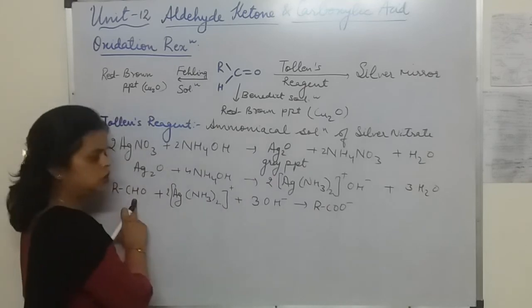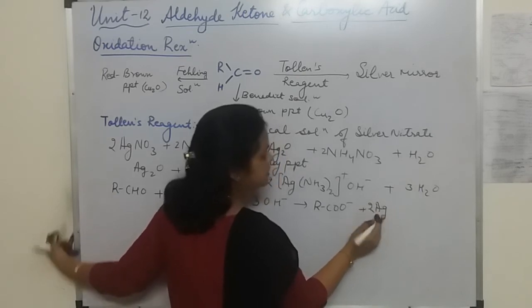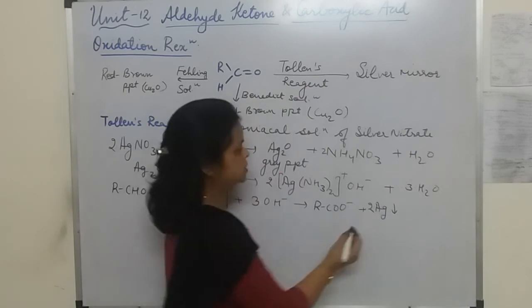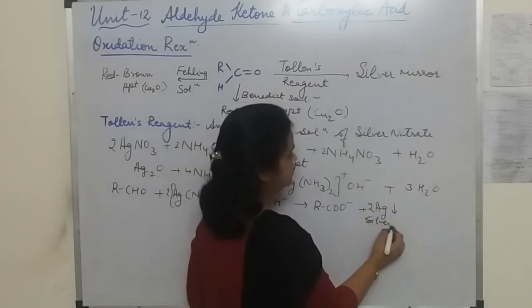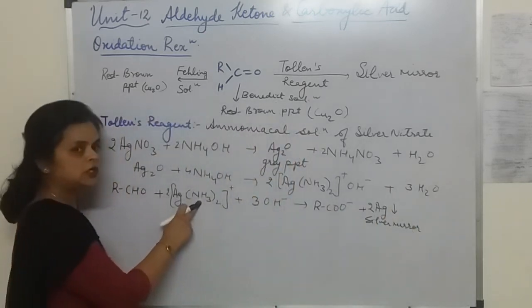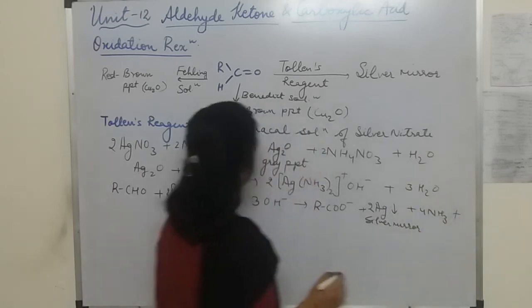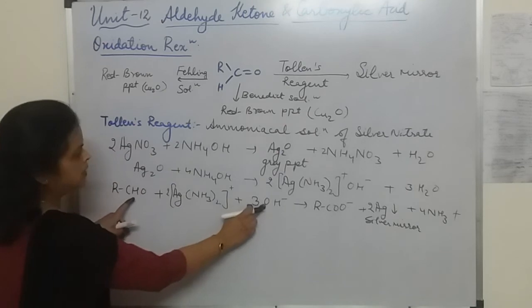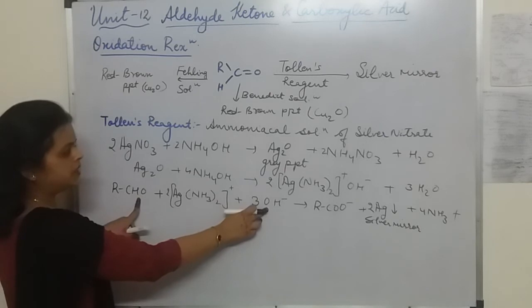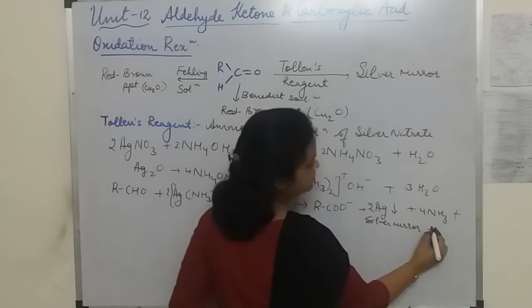CHO into COOH. Along with this you will get silver mirror. The silver metal forms a precipitate, and it shines like a mirror, so it is called silver mirror. Now along with this NH3 comes out in the form of ammonia. Along with this, see, if this one O comes here and this H comes here, then here will be 2. So what is going to form?